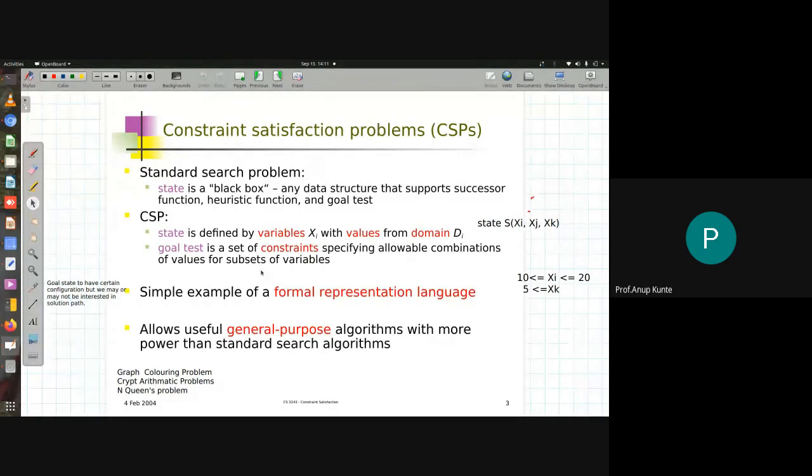So let us now shift our focus with this discussion to three different CSP problems. We already looked at one of the problems, which is called the graph coloring problem. The definition of it we looked at. The second problem that we are going to look at today, which is also categorized as CSP, or constraint satisfaction problem, is called the cryptarithmetic problem. And the third problem is the n-Queens problem. We already know the definition of the n-Queens problem. We saw the graph coloring problem's definition last week.